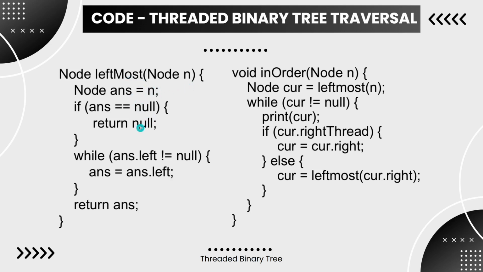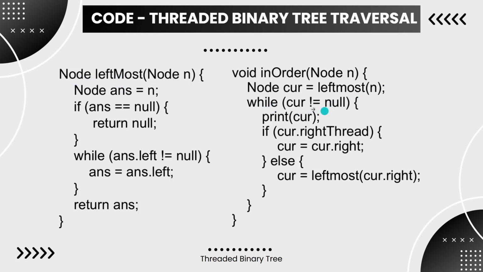If so, we return null. Otherwise we go to the bottommost position along the left subtree. So we check whether the left subtree of the node is not null. If not null, we navigate to its left subtree. That is how we position the pointer to the leftmost node, and followed by that we implement this